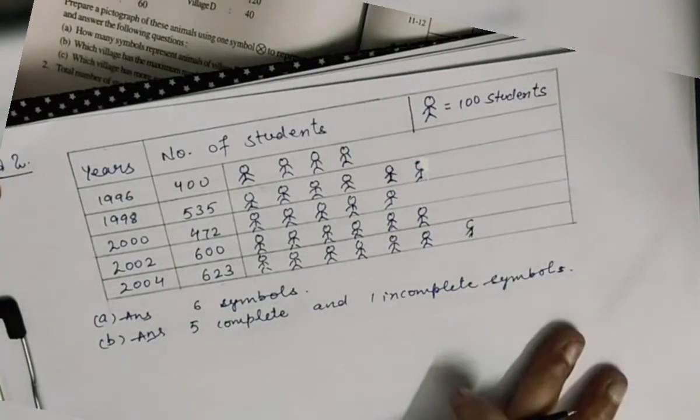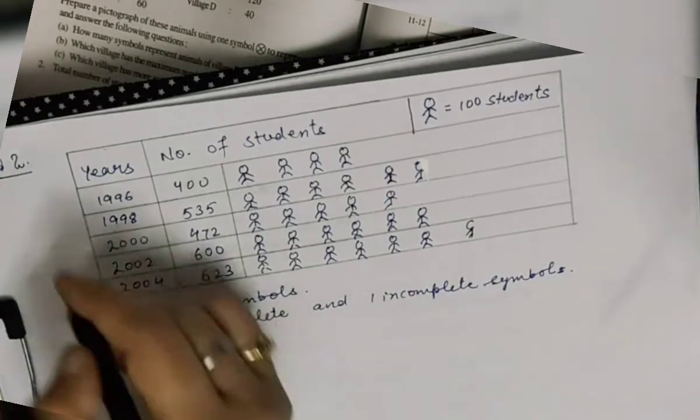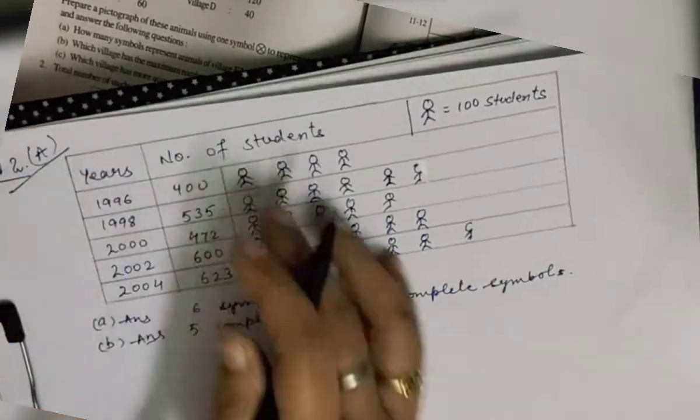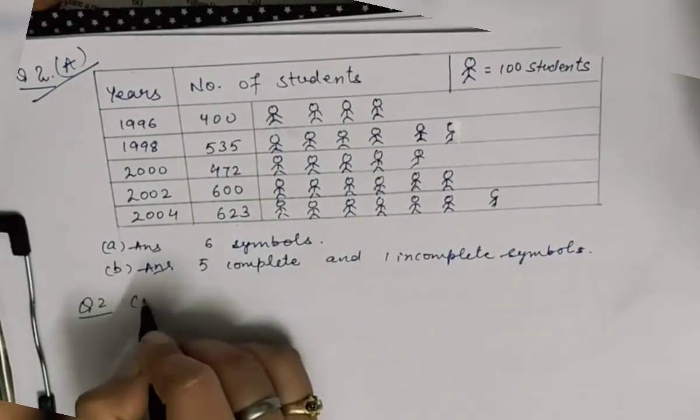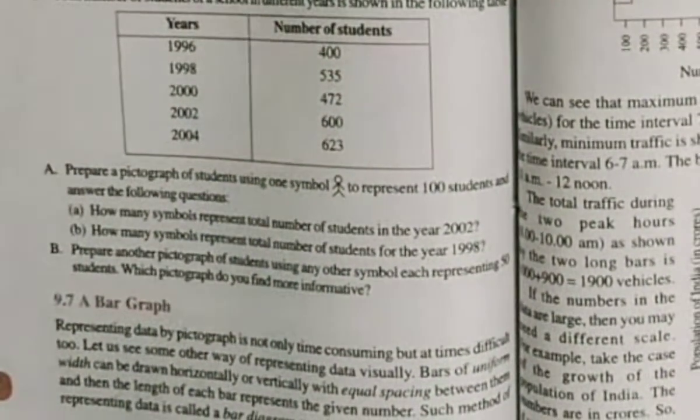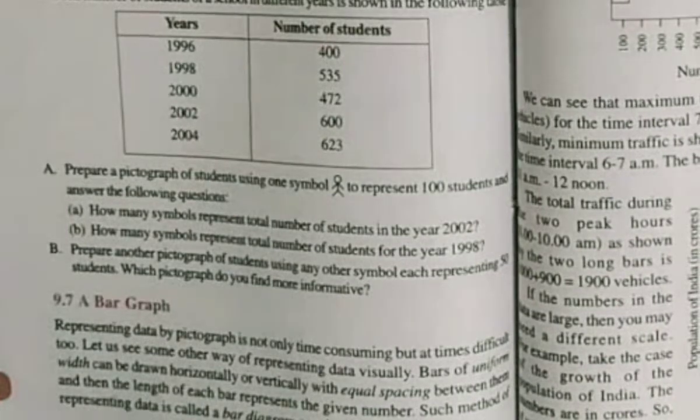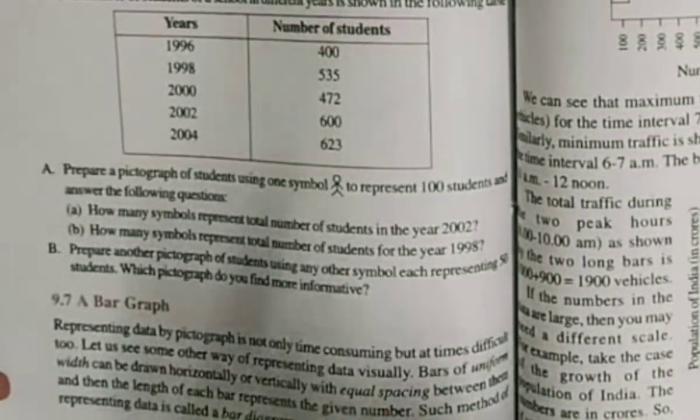So this is it for the A part. Okay, this is question 2A part. Now we're going to start question number 2, B part. What is that? So in this question it is being said that prepare another pictograph of students, means same data